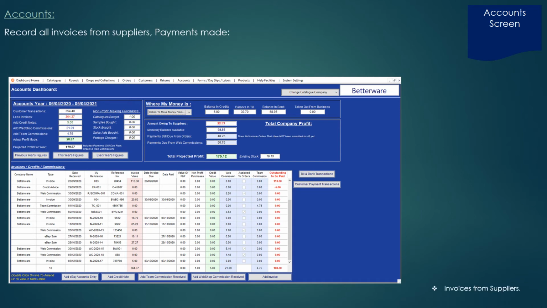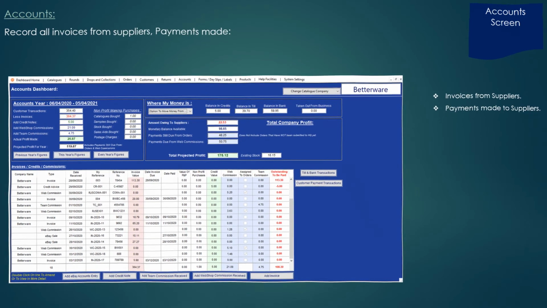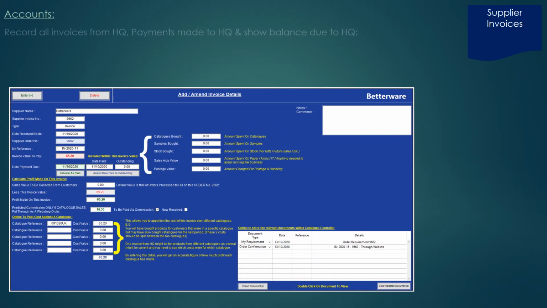So coming back to the account screen, we can see how easy it is to add supplier invoices with the option to save a copy of the invoice to the system. On opting to add a supplier invoice, we can add the supplier name, the supplier invoice number, and the date that we received it. We then have the option to say when we're going to pay it or if we're going to pay it straight away. We can also add the business points that we received for this particular order, and then we can